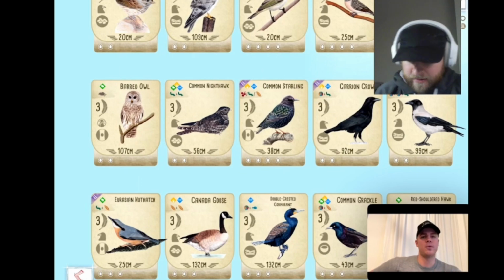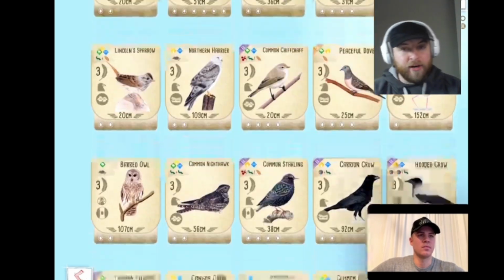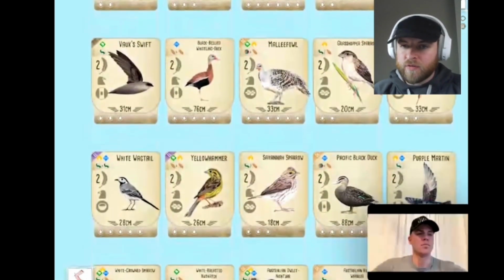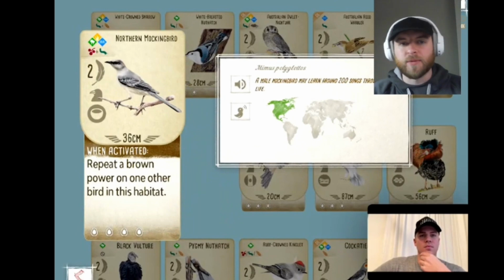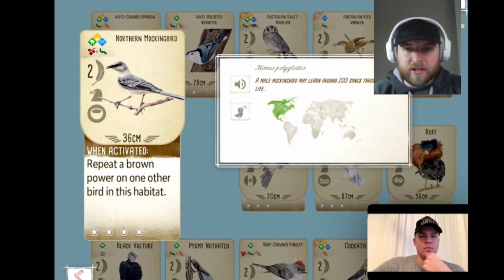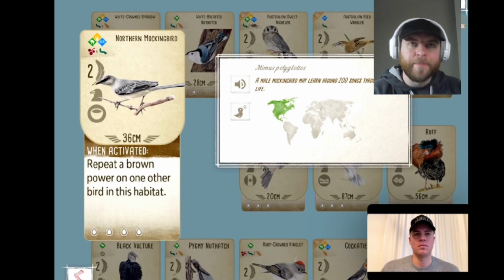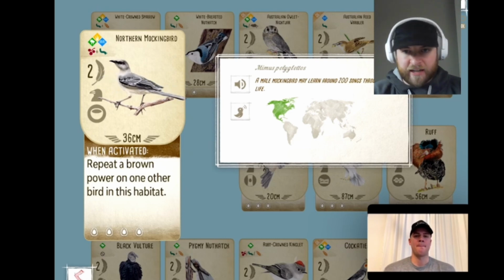Let's move on. What else you got? I'm going to talk about the copy birds, mockingbird and catbird. Okay. Gray mockingbird, gray catbird. It's somewhere here. Yeah, these birds were useful in the previous set. Northern mockingbird, that's what it is. They felt like they had their place if you were running a full tuck engine in the base set, or you could pop this right in your grasslands engine that everybody seemed to build. They were good, but in Oceania, with birds being so much easier to get down,